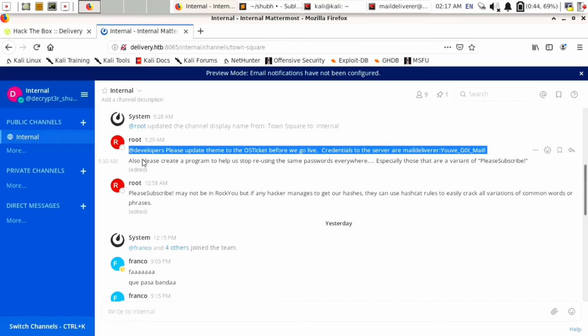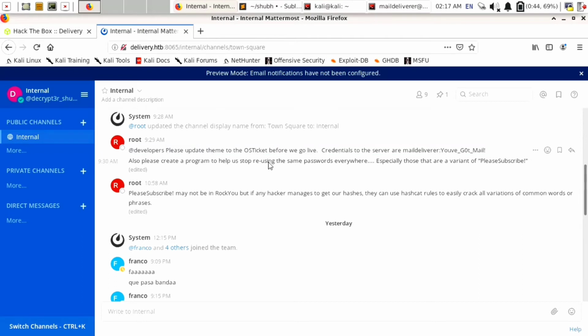Here it is saying also, please create a program to help us stop reusing the same password everywhere, especially those that are a variant of please subscribe. So it is giving a hint to avoid using this password, a variant of please subscribe. So we will generate a word list from this. So simply copy it,